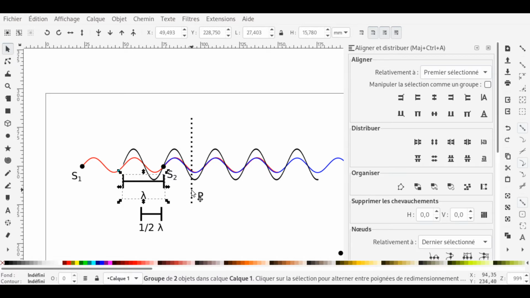If we take a look at the distance between point P and each of the two sources, this here is the distance between the second source and position P. This is the distance between the first source and, again, position P. And the difference between the two, if I take the total distance between the first source and position P minus the distance between the second source and point P, the difference is the distance between the two sources, here, two wavelengths. If I go back to the other case,